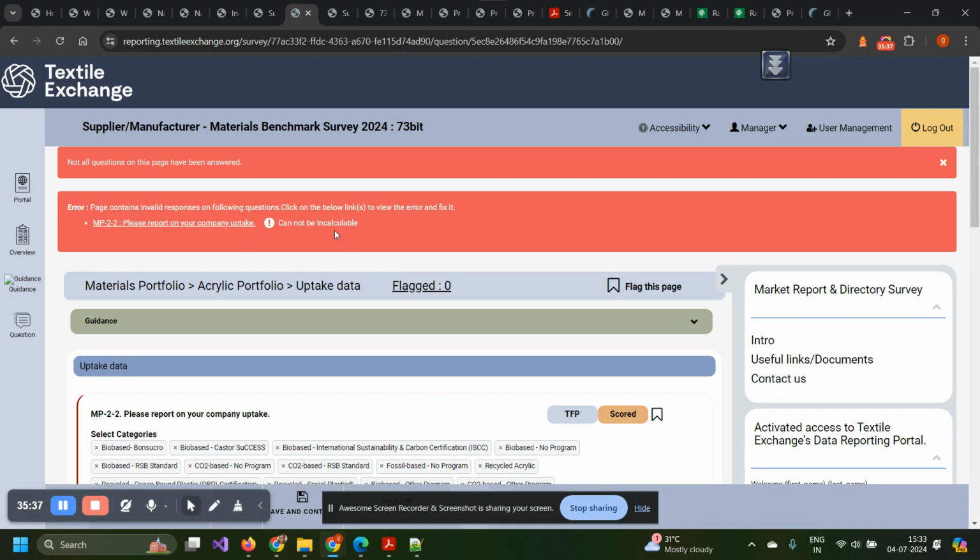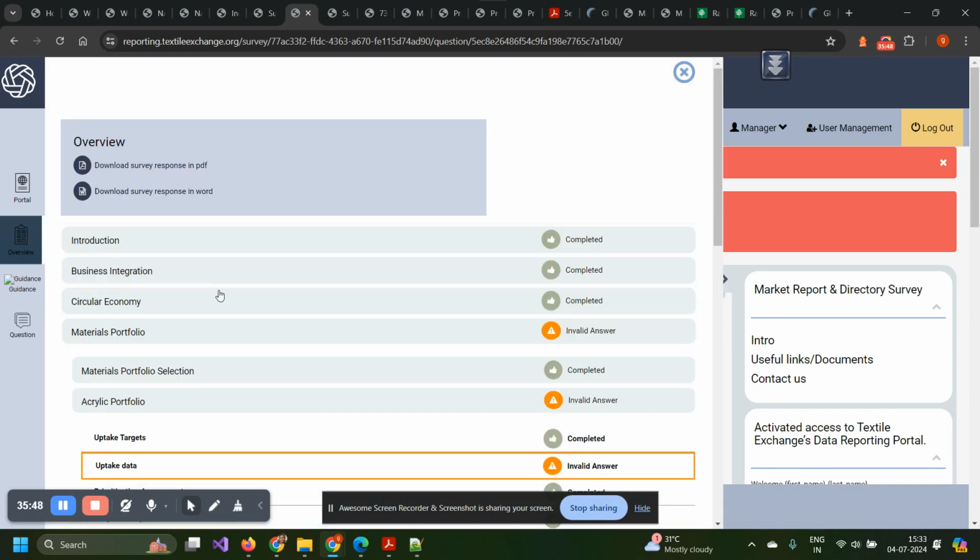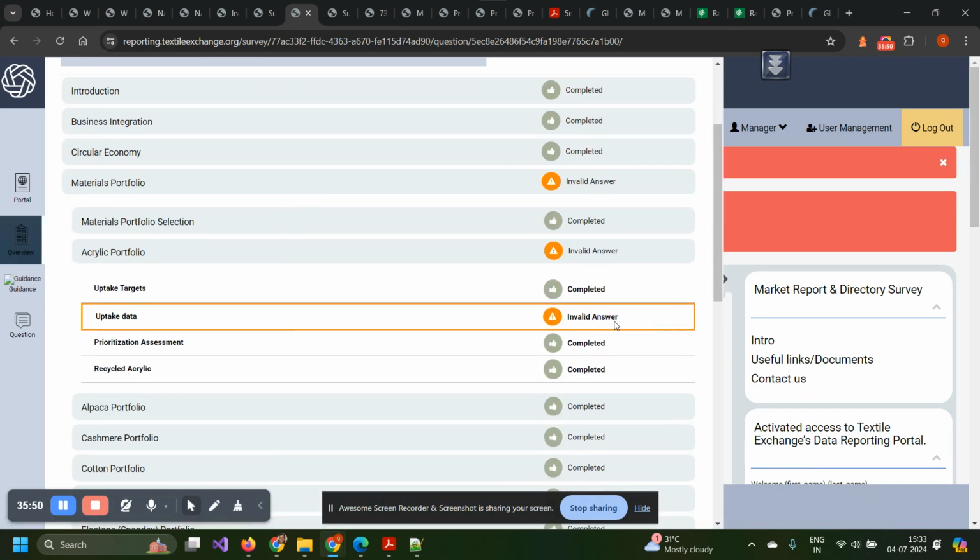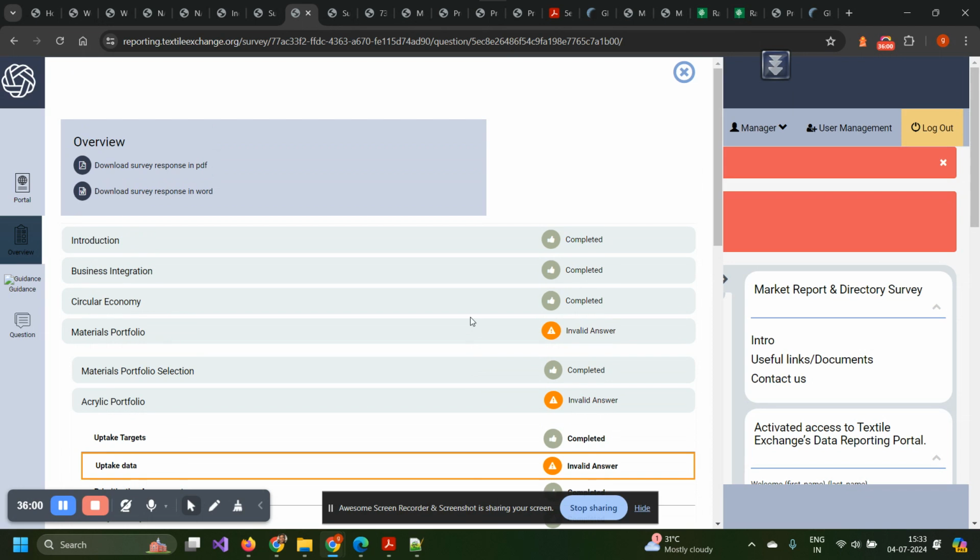You can compare dates if their dates are out of range. All those comparisons can be done in the tool. All those rules can be created, and whenever those rules are broken, in the overview page you will see that there is an invalid answer. So unless the users solve this invalid answer, or solve this particular validation error, they won't be able to submit that particular